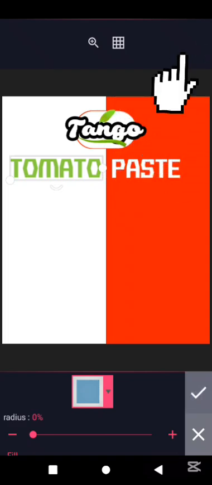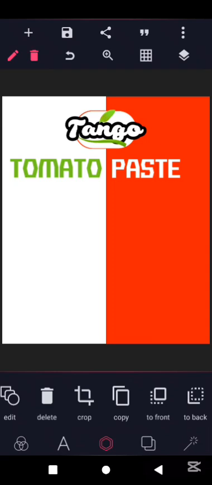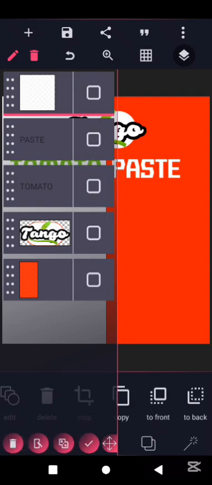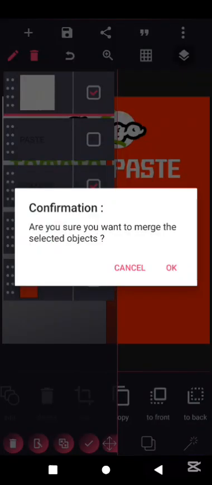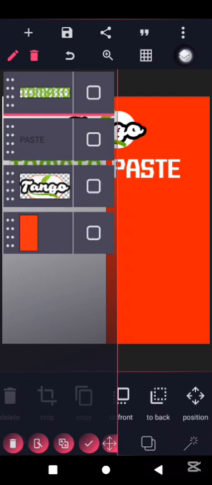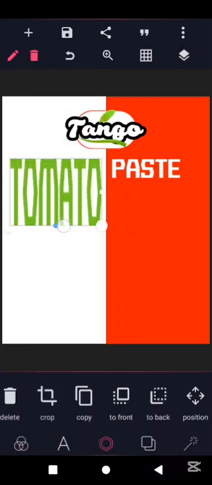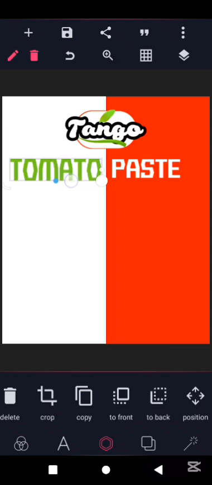Then come to this icon up here where your layers are, then we select the tomato and the shape we just removed. Click on the shape, then we'll click on merge here, then we'll merge it together. Can you see it's merged? So once this is done, you can be able to draw. Can you see? This is what we are looking for, to be able to draw and